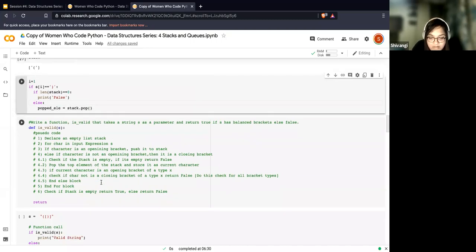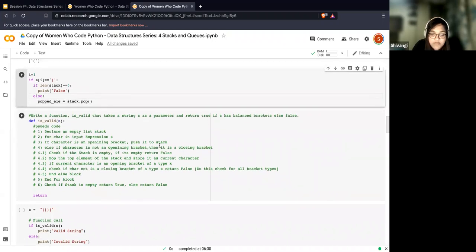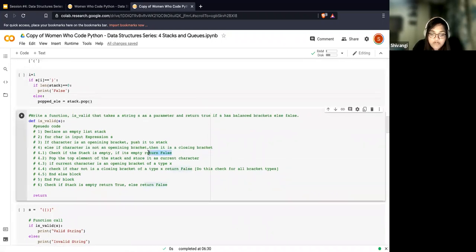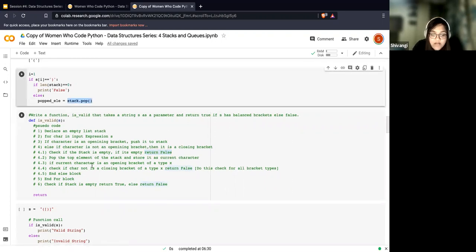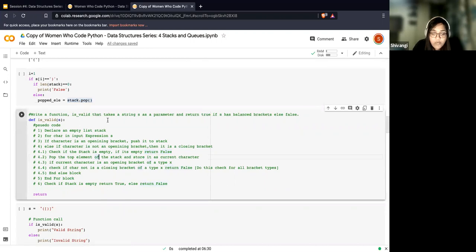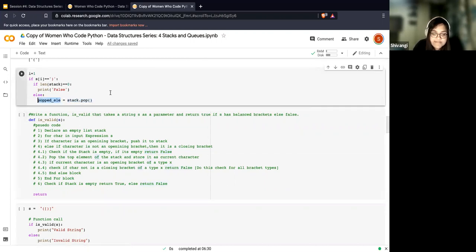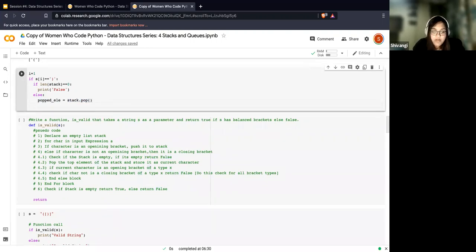Okay. And here I'm saying if the stack is empty, you're returning false in terms of a function. So that means there's an else here. And the top element of the stack, you want to store it as current, or here I've said popped element, so it's easier for you to understand. And you would want to compare that.